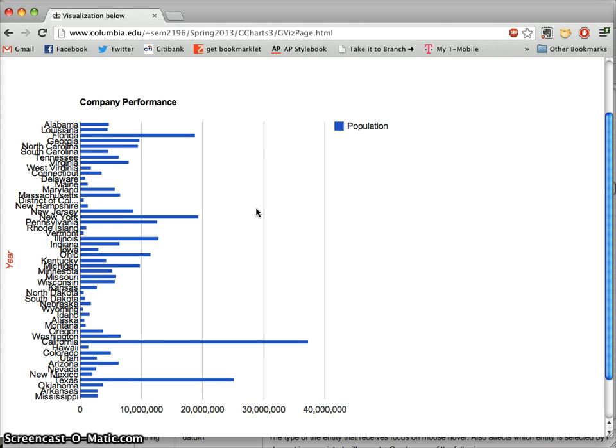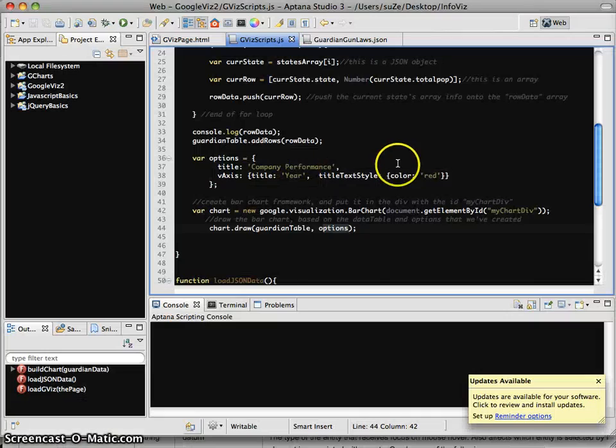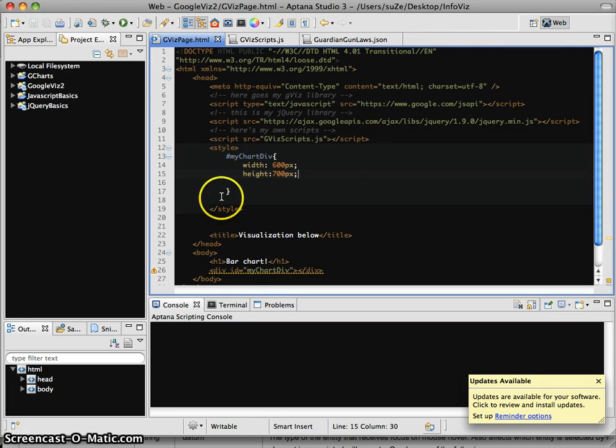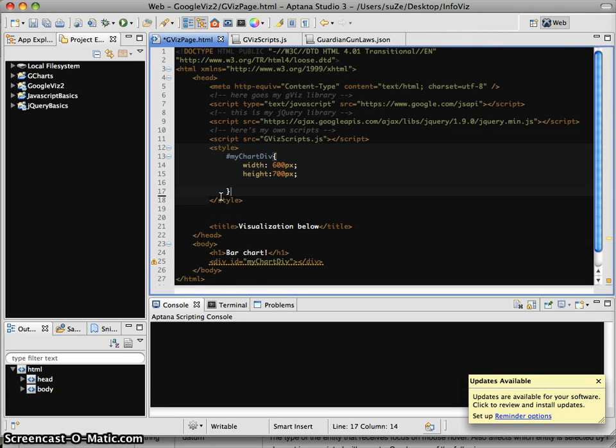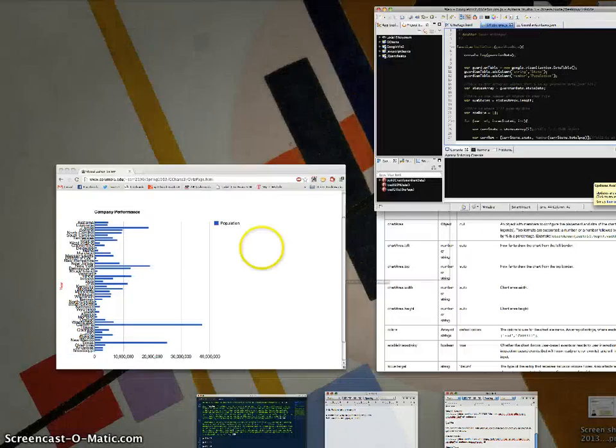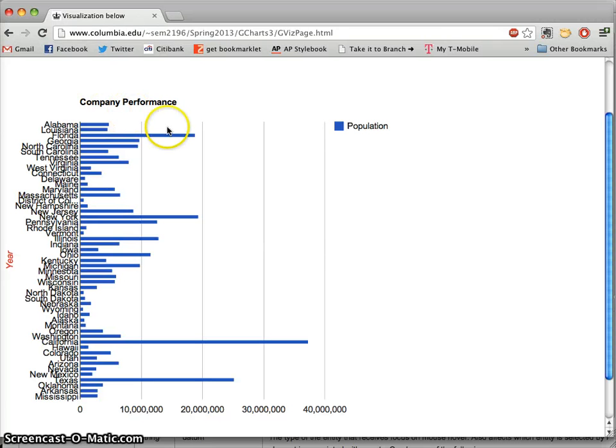So to that end, we're just going to build on last week's programming assignment, which should get you to about this place. Actually, if you take a look at my code, the only difference here is that in my HTML page, I've done it as an internal style sheet within the HTML page. You are more than welcome and frankly encouraged to make it an external CSS file. But I just want to highlight for you guys a couple of things,